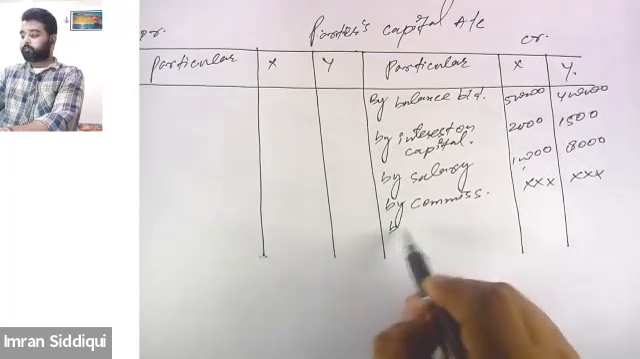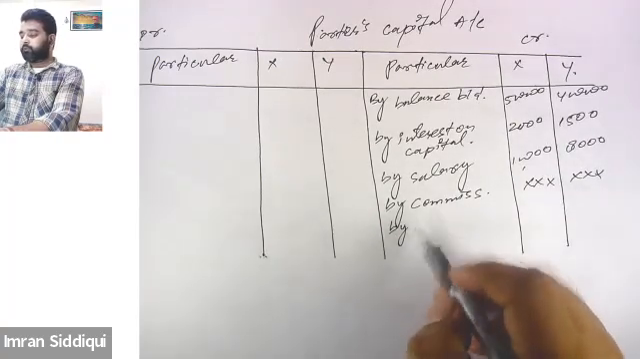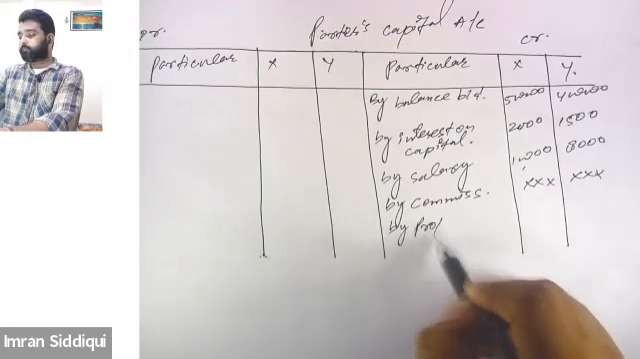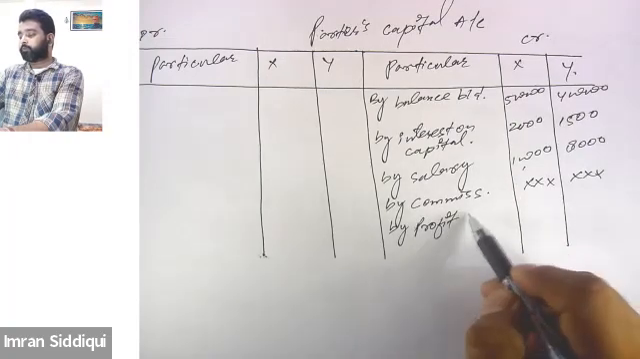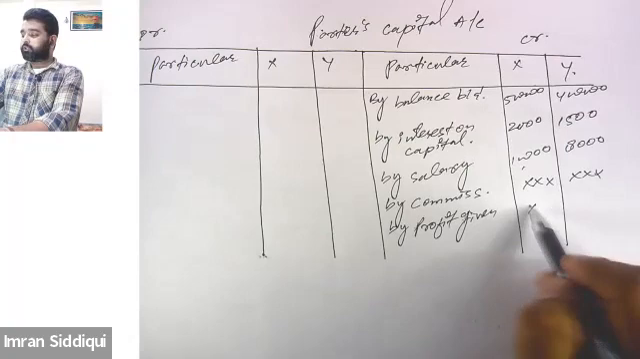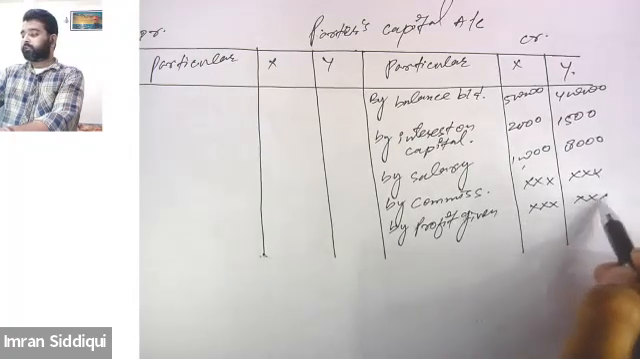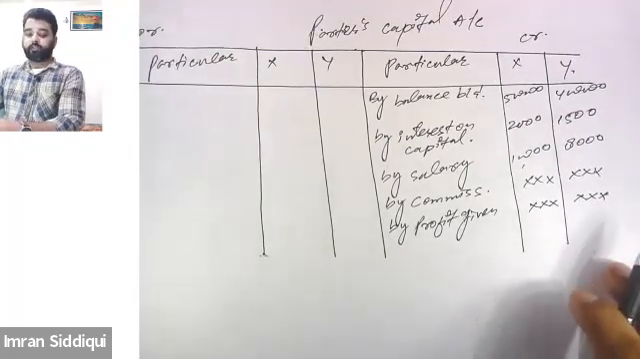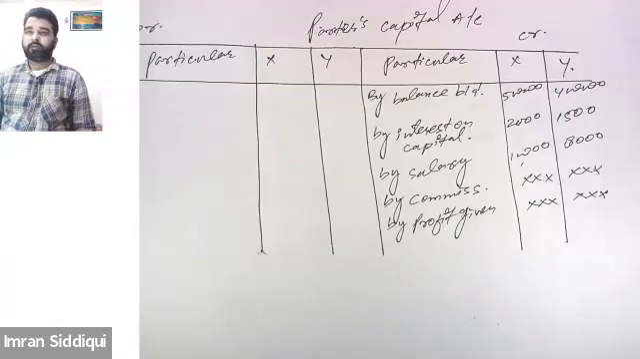Similarly, profit transferred to capital account, profit given to partners shall also be shown on the credit side. I'm sure that all of you guys already remember that while we prepare profit and loss appropriation account, after reducing